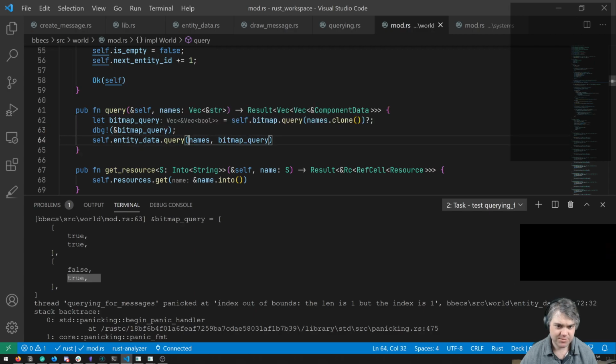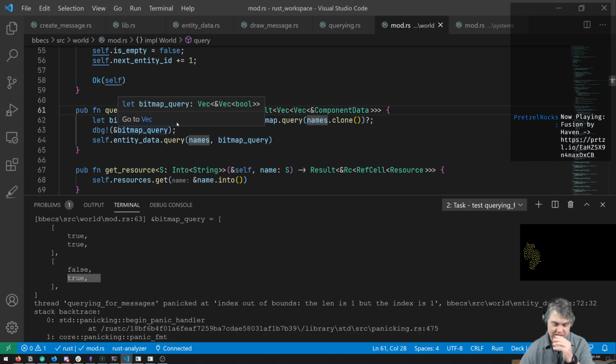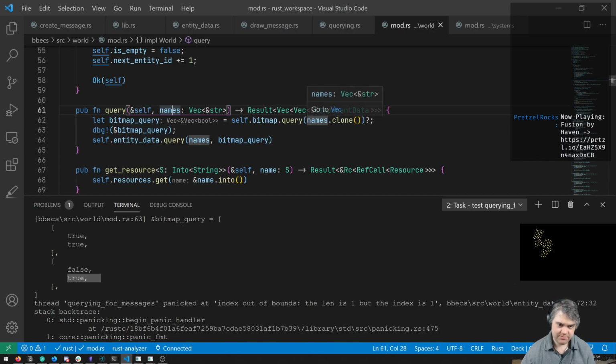Then we're going to query based upon the names. Okay, so based upon these names, we give the name set clone, and then we pass it the names.